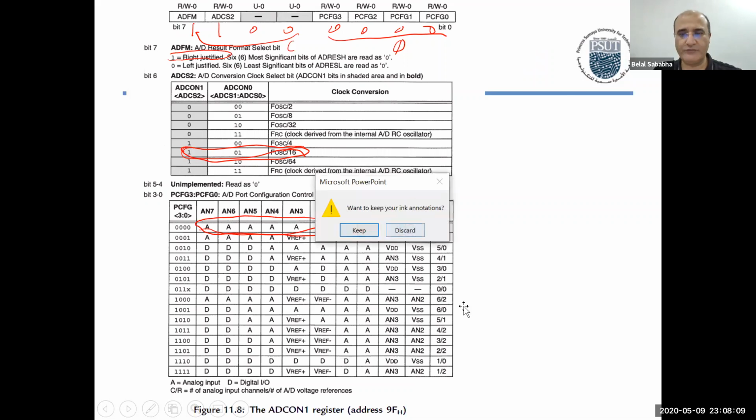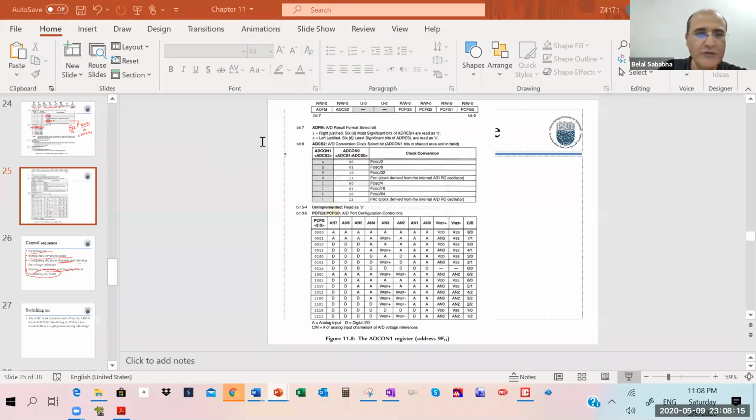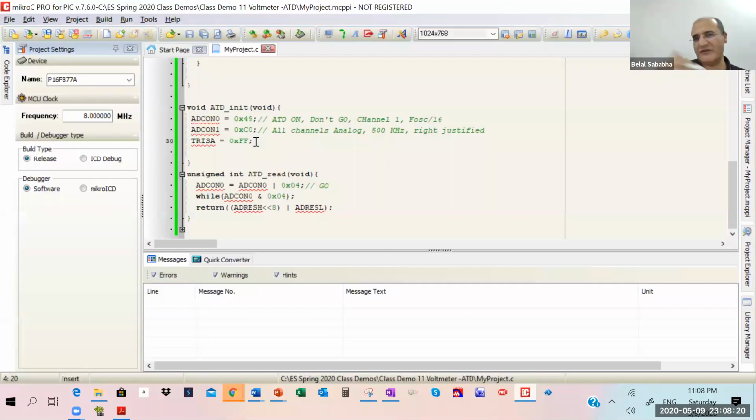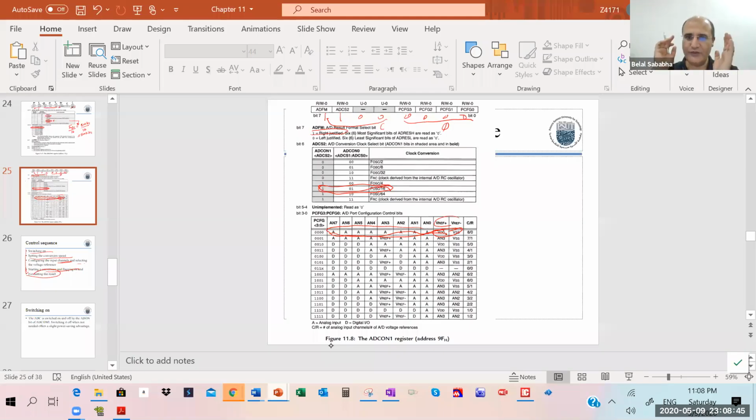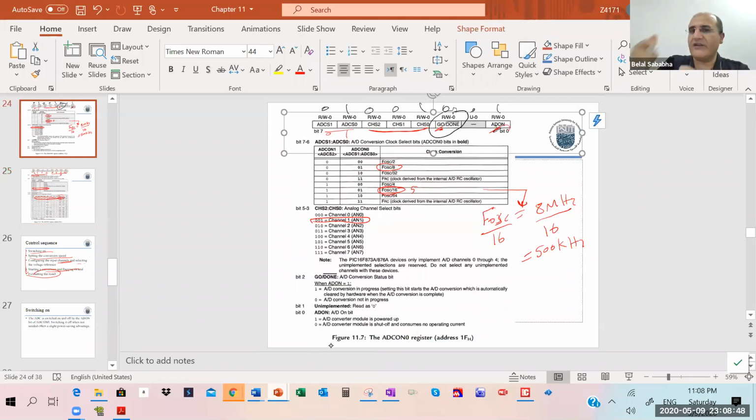Let's go back to the code. And Port A, what did I do? FF, meaning input, because these signals are going to enable the buffers, so it has to be input. This function will initialize the A to D, and there's another function that will read the A to D. What does this function do? The GO/DONE bit, do you remember it? This one. We said you write a one in it and it will do GO, meaning it will start